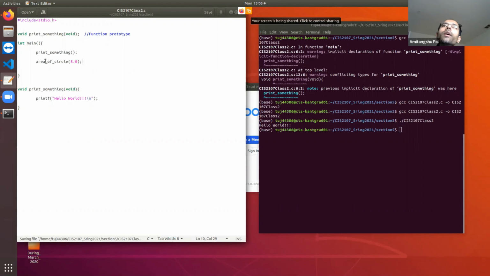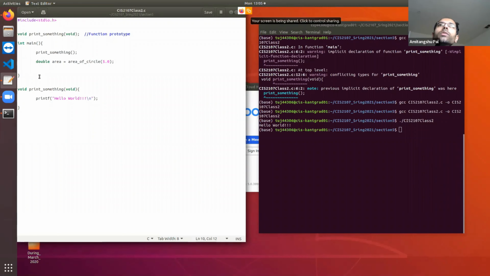The function will take this radius, calculate pi into r square, and then return the area. The return type is going to be double because pi r square is going to be double, and you are going to store it in a variable area. This function will calculate the area and return the value. That return value is going to be stored in the variable area, which is of type double.